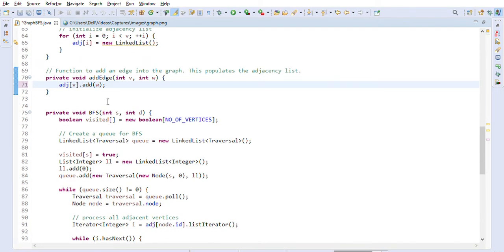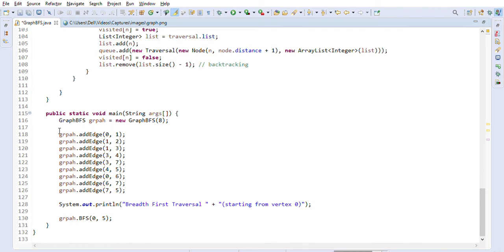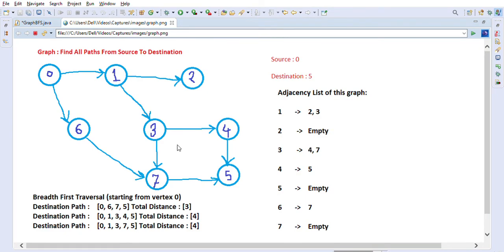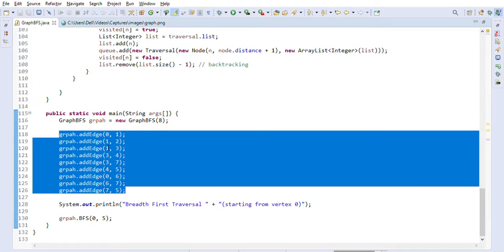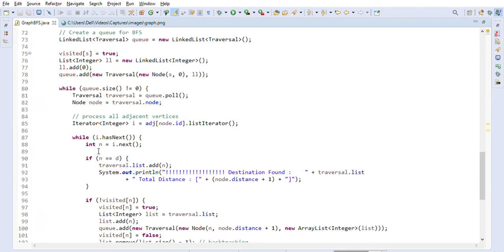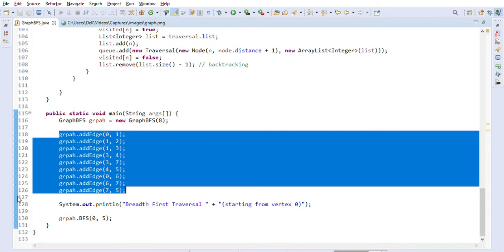We will add all these edges that are given to us, and once we add them, our graph will look like this. I will show you in debug mode how the adjacency list looks after we add the edges, so you will know quickly how it looks internally.